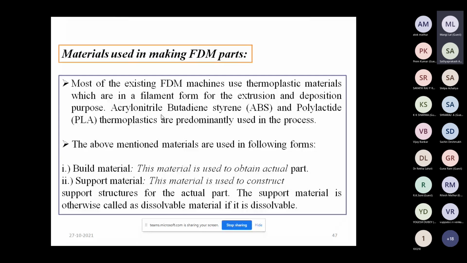Generally, most of the material that is used is acrylonitrile butadiene styrene and polylactic acid for the generation of thermoplastic products.